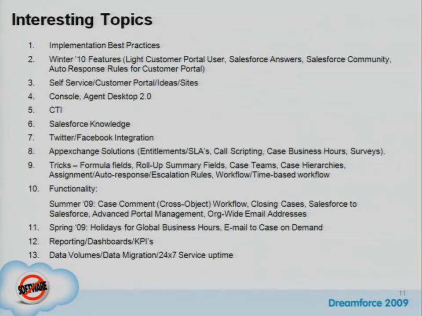Hi, Ted Campanello, Standard & Poor's Indices. I manage a team of about 10 client services folks globally located. It's a pretty technical question in terms of email to case. What's the best practice for implementing email to case? Right now, we get a majority of our inquiries via email, and we use the Outlook plugin to move cases to Salesforce, but obviously that's not the best solution. How do you filter out spam? How do you deal with cases where you don't have a contact, things like that? What are the best practices there?